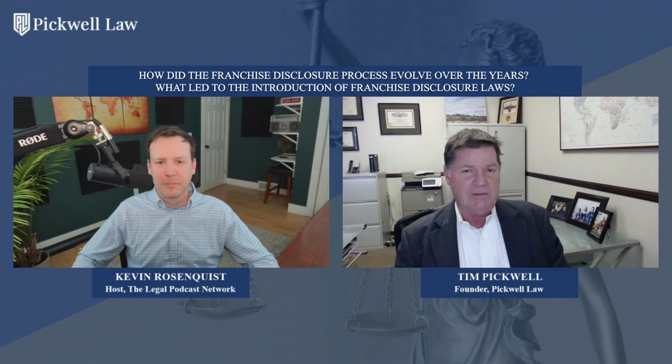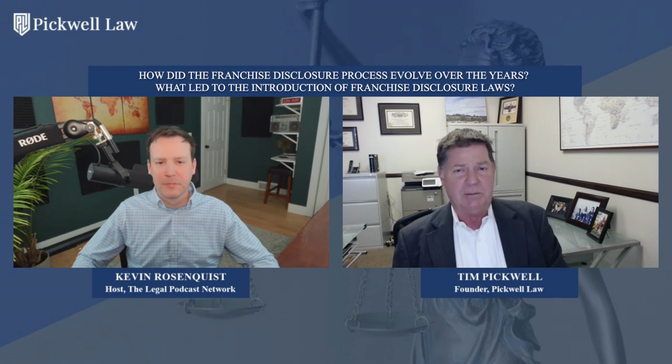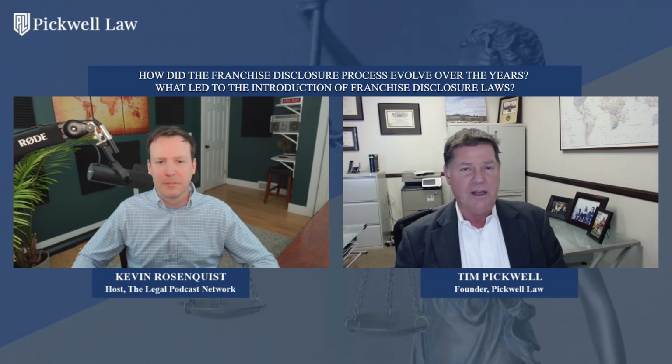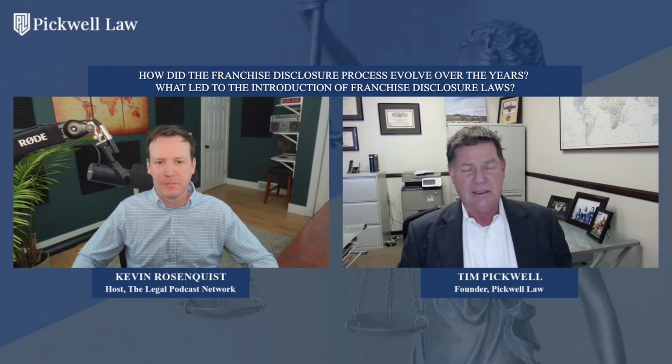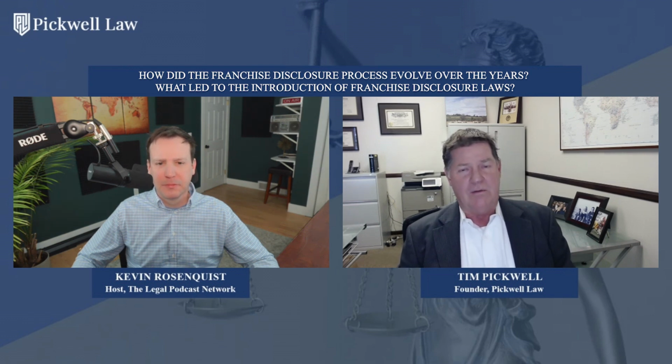So California passed that first law, and then throughout the 70s, another 13 states passed these registration laws, and they're kind of all over the map: Washington, Hawaii, Virginia, Maryland, New York. We get to about 1979, and the Federal Trade Commission had been looking at franchising for several years. And finally, in 1979, they issued their comprehensive franchise rule, and it required the use of a franchise offering circular. But for better or worse, they said, we don't want to preempt any existing state franchise laws. So we have to comply with all the laws at the same time.